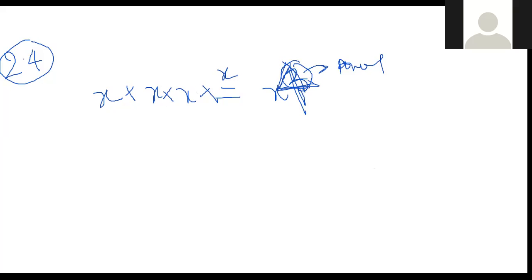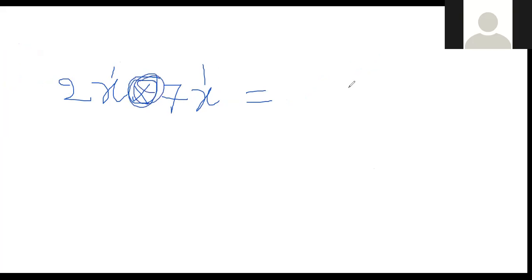And one more very important thing. For example, in the previous problem, I asked what is the answer of the product of 2x into 7x. What is your answer? Here, how many x are there? Two x are there. The relation between these two is multiplication. When multiplication is there, write the common part x once. How many? 2. Write the power as 2. Then 2 into 7 is 14.